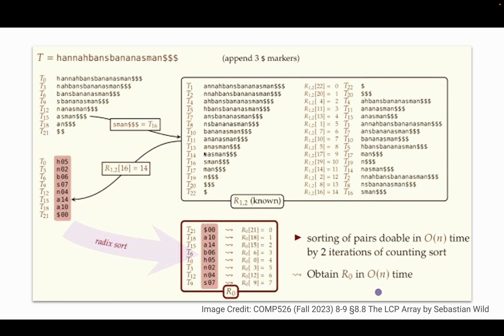So T15 has its correspondence to T16, which is SMAN, which is nothing but the 15th element and the next one. So we have to find out what is the index in the suffix array. So let us see what happens here. T16 is SMAN, and we find out that over here it is